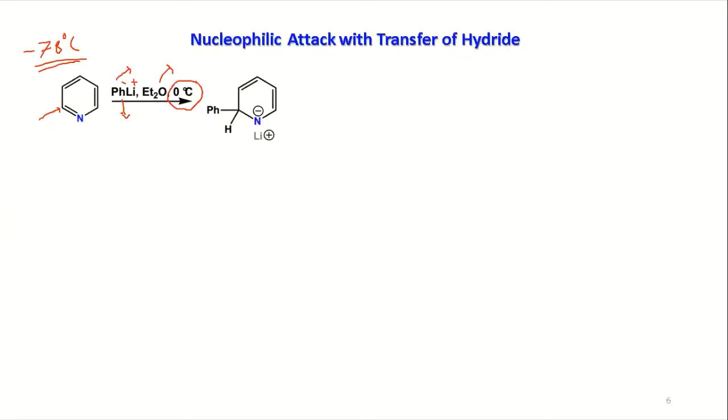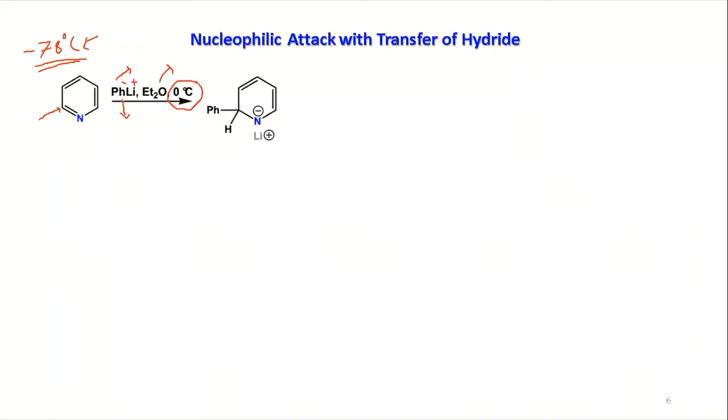Between the acid base reaction and nucleophilic reaction, which is going to be the faster reaction? Sir, acid base? Definitely, this is the acid base reaction which is going to be the faster reaction. So that's why at very low temperature, we generally observe the acid base reaction, because this is the very fast reaction at low temperature. You can again minimize the probability of the nucleophilic reaction. Did you get my point?